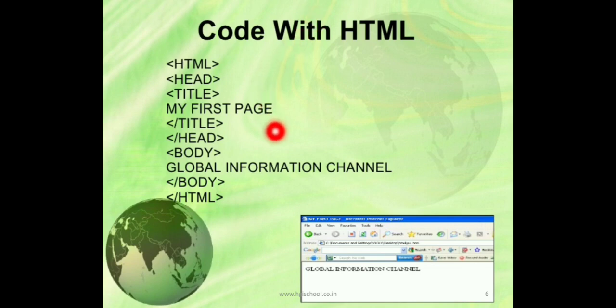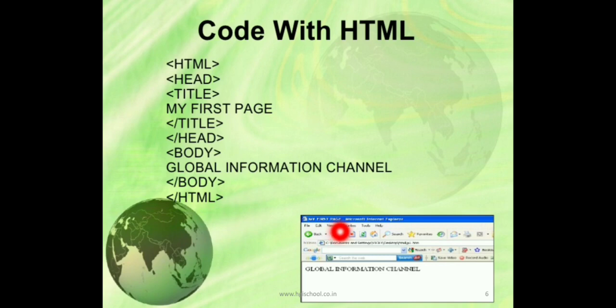Now this is the code with HTML. This code you have to write in the Notepad file. You have to open the Notepad file. Then you have to write this HTML opening tag and closing tag. Then the head tag, opening tag and closing tag here. Then inside the head tag there will be the title tag, opening title tag and closing title tag. And inside the title tag you have to write My First Page. Now you can see where this title is written, My First Page.